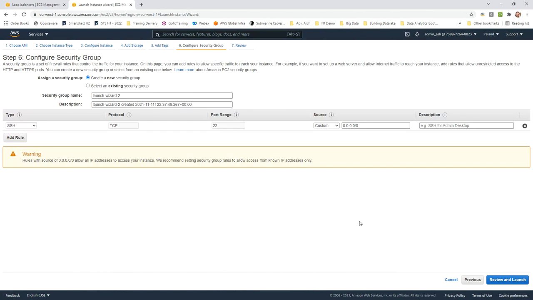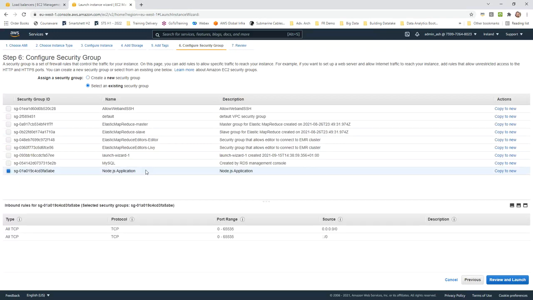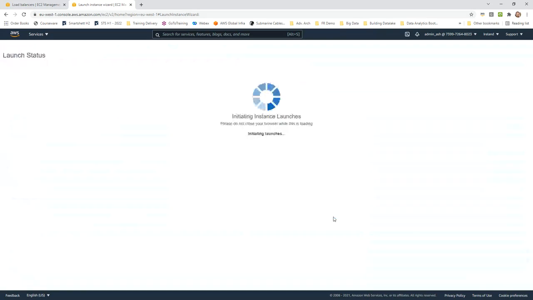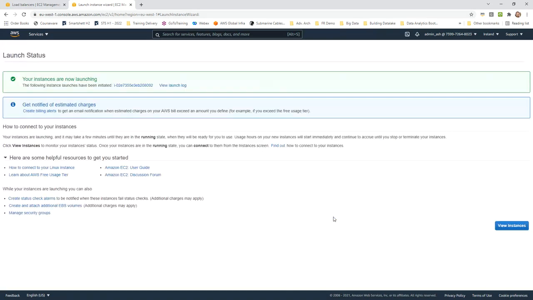This application would be receiving traffic on port number 3000. I already configured that in the application. So I have to associate a security group with it, which is able to access things on port number 3000. So I have this Node.js application security group. Intentionally, I have made it very public. All the ports allowed, but I could restrict it if required and only allow those ports once I'm happy. I would say, let me launch my instance. And now this instance is getting ready, right? So that's the backend instance I am creating for my load balancer.